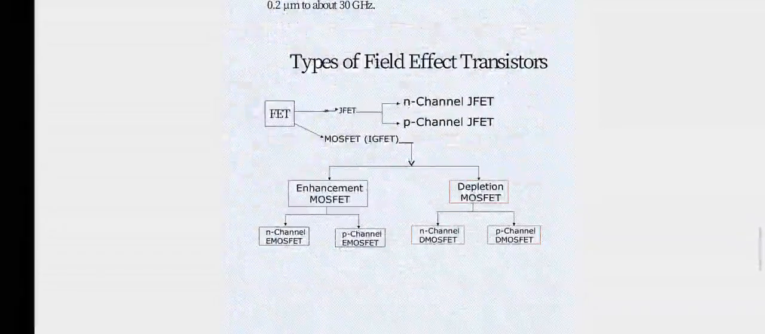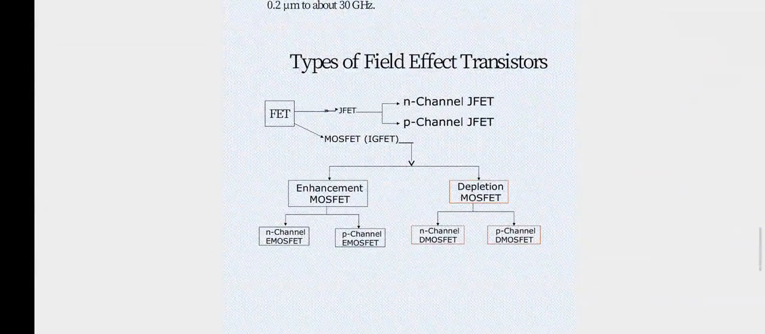Then the types of the field effect transistor. FET is classified into two types: one is called JFET and the other MOSFET. JFET is further classified into N-channel JFET and P-channel JFET. MOSFET is metal oxide semiconductor field effect transistor. It is classified into enhancement MOSFET and depletion MOSFET. Enhancement MOSFET is the N-channel E-MOSFET and P-channel E-MOSFET, and depletion MOSFET is the N-channel D-MOSFET and